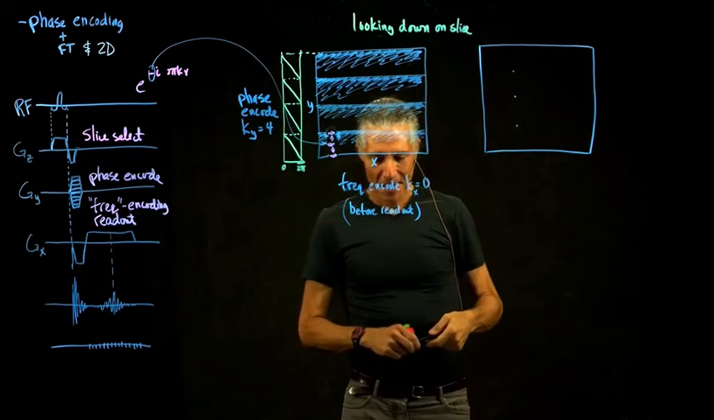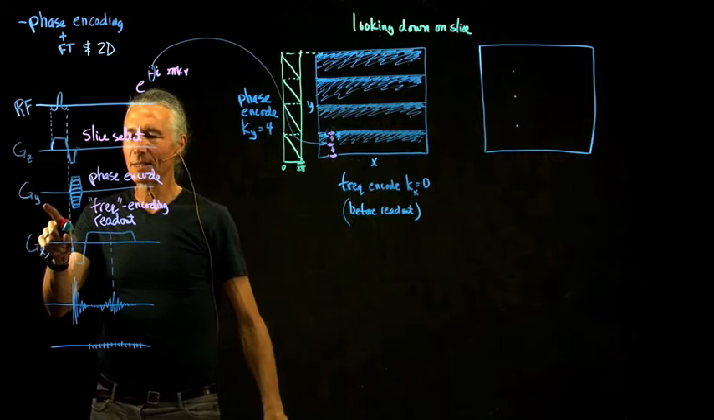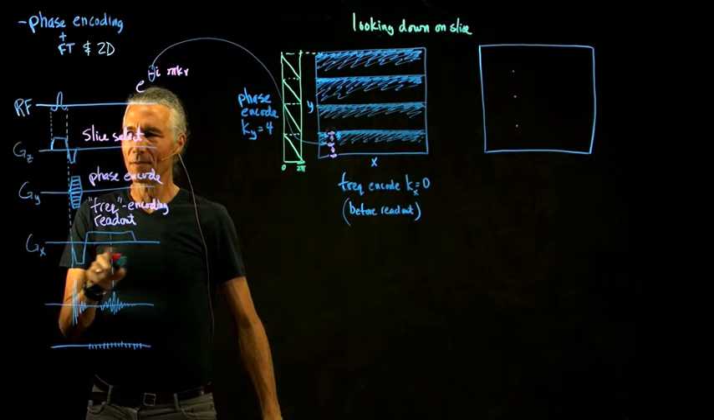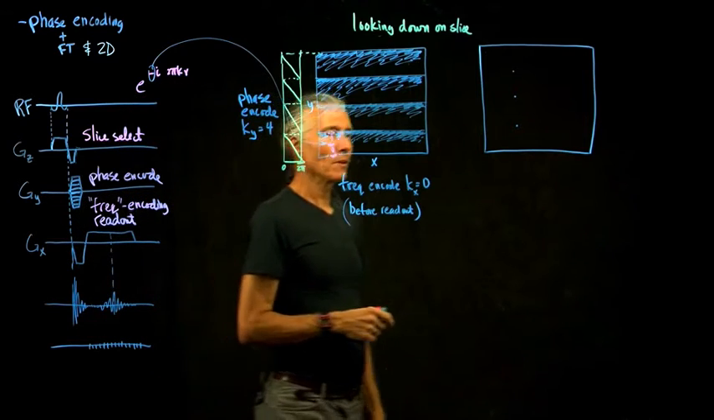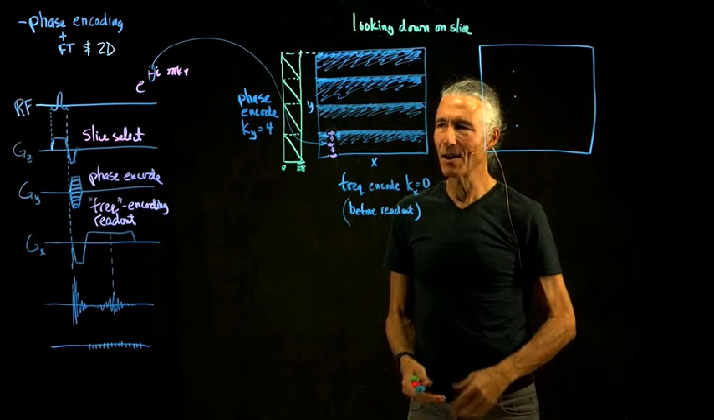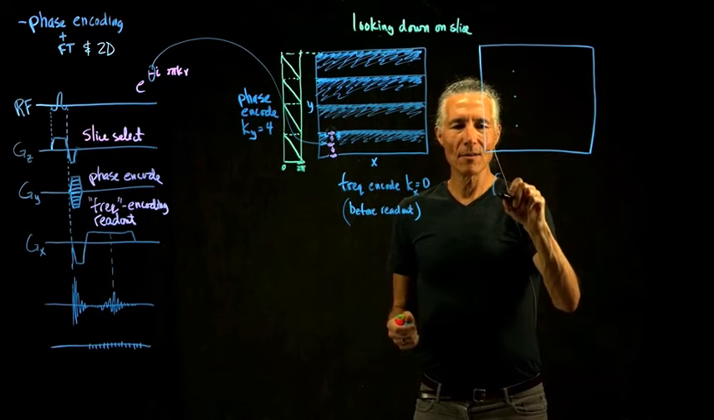And the answer is they actually do. So when you turn the y gradient on, it affects all the spins in the brain. When you turn the x gradient on, it also affects all the spins in the brain. So how can they somehow not interact with each other, even though they actually are interacting with each other? And so what we're going to draw out is